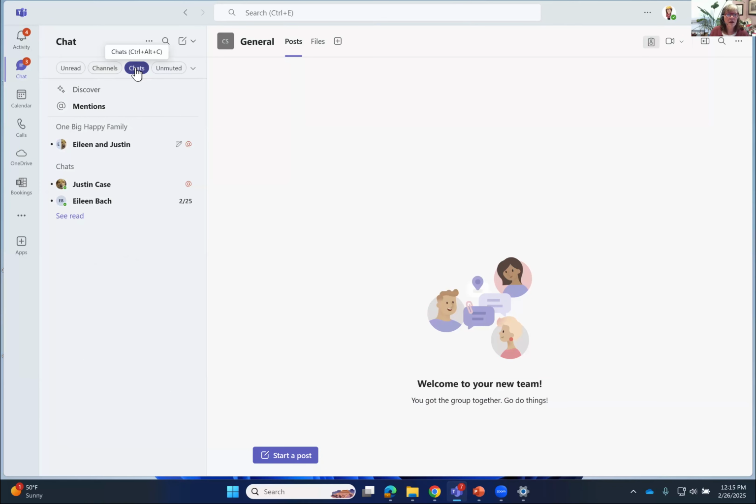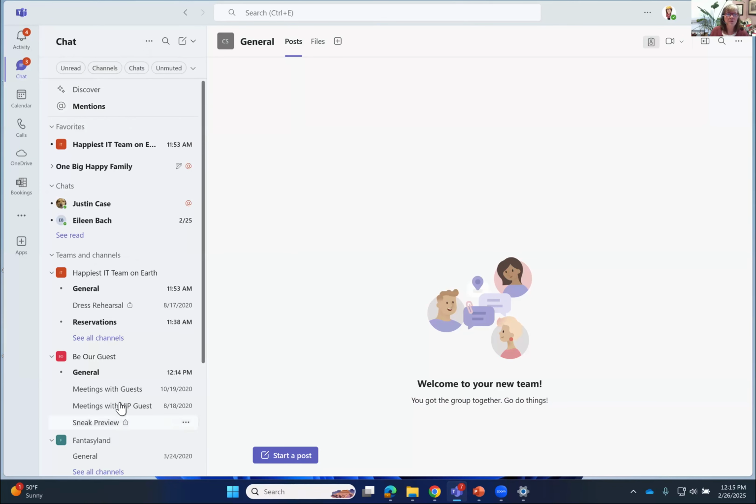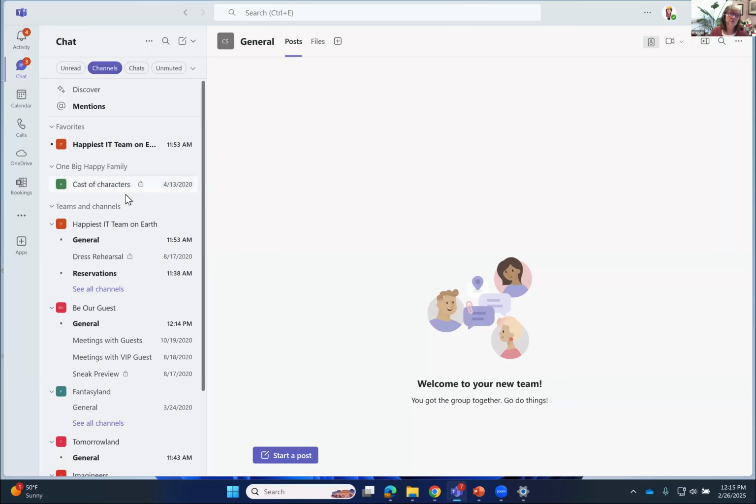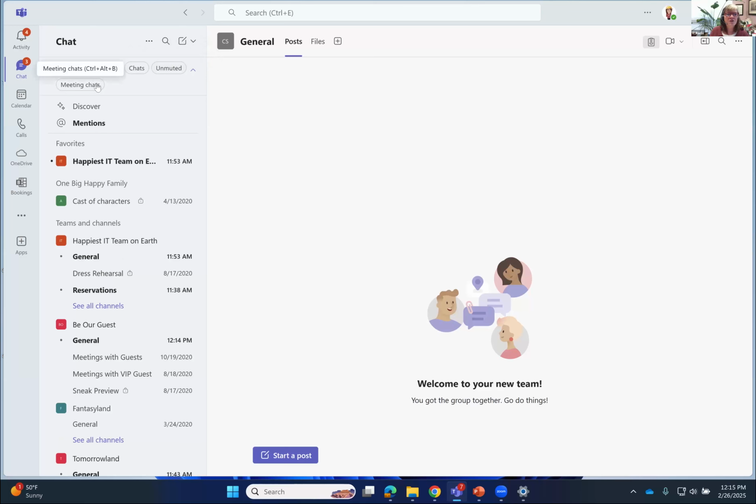Or you can toggle that off and back to the combined where it's channels and chats, or you can turn on this little button, and this little button will show you only the teams with the channels. All of these things are just to make it a little easier for you to focus in on what's important. There's also unmuted and meeting chats, which you can also toggle on and off, and I'm not going to explicitly